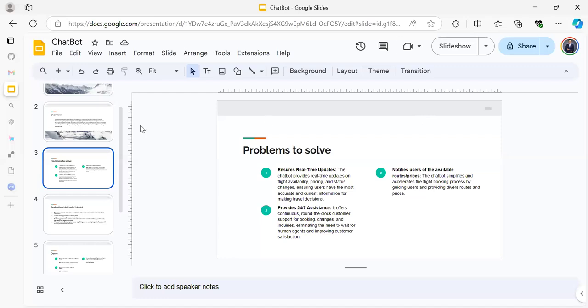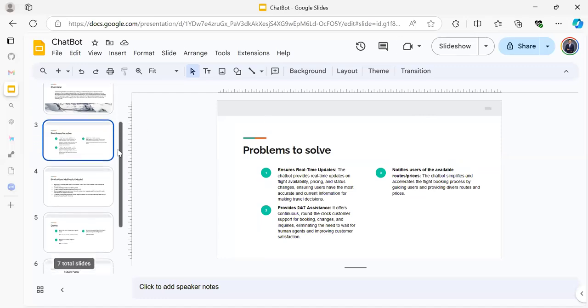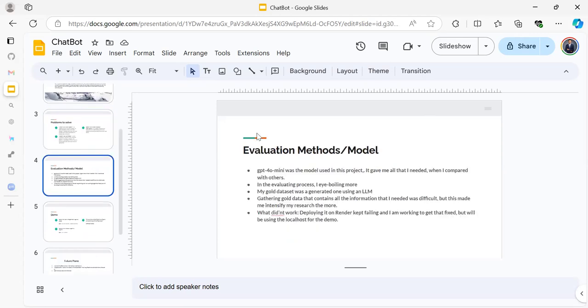So one of the things I employed was to come up with an evaluation that helped me use a model. The model I used was actually GPT-4 Mini. This model helped me to dissect this project in depth, providing those queries. And then when I got it, all I did was convert it to a PDF and then feed it to Llama Index, which retrieves the user query and then gives relevant information based on that query.